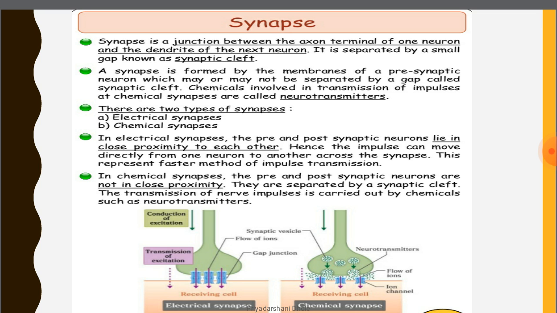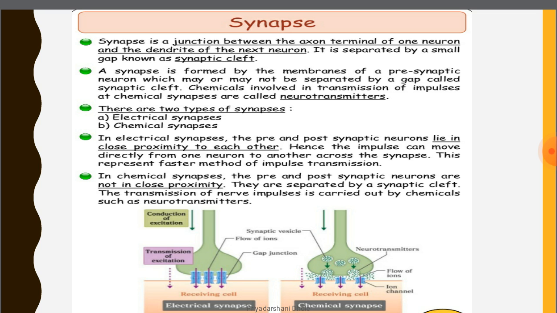The chemicals involved in transmission of impulses at chemical synapses are called neurotransmitters. Now, there are two types of synapses: electrical synapse and chemical synapse. In case of electrical synapse, the pre and postsynaptic neurons lie in close proximity to each other. Hence, the impulse can move directly from one neuron to another across the synapse, and this represents a faster method